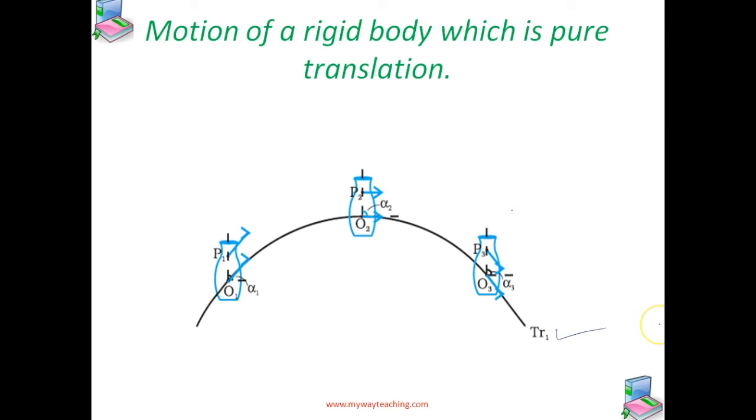So these are translational trajectories. The positions of O and P at three different instants of time are shown by O1, O2 and O3 and P1, P2 and P3. The positions at three different instants of time are shown in this figure,